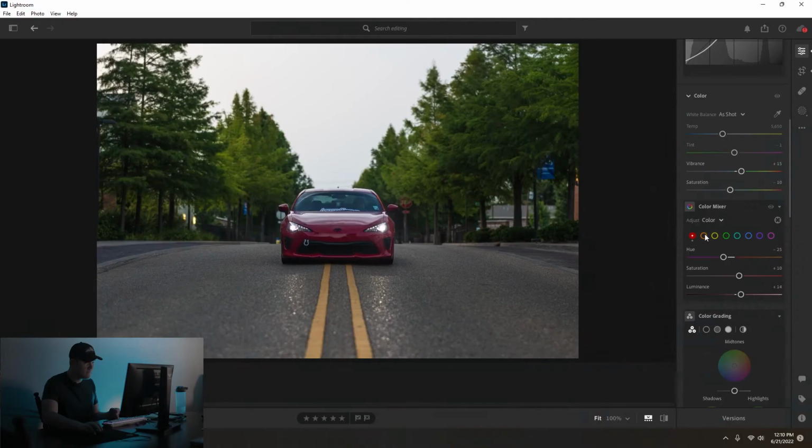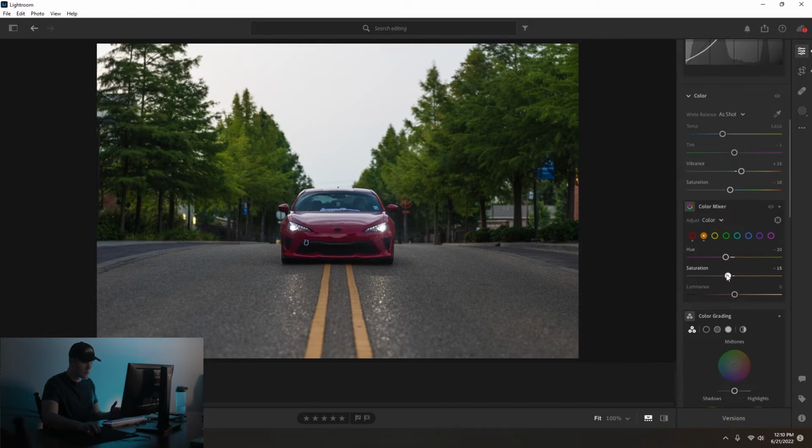Okay, let's jump over into the oranges now. The oranges, I don't like them always to be exactly orange, especially for this one as well, so I'm dragging them over a little bit towards the purples. As you can see, it's messing with these road lines mostly, and I'm not a big fan of yellow in my pictures, hardly ever. So dragging this over just a little bit, maybe like -20 is about where I want to be,